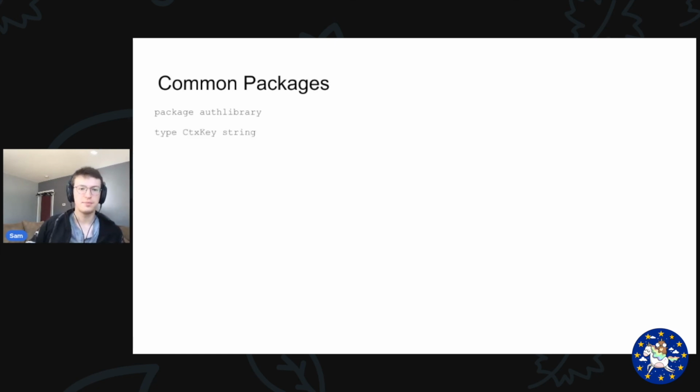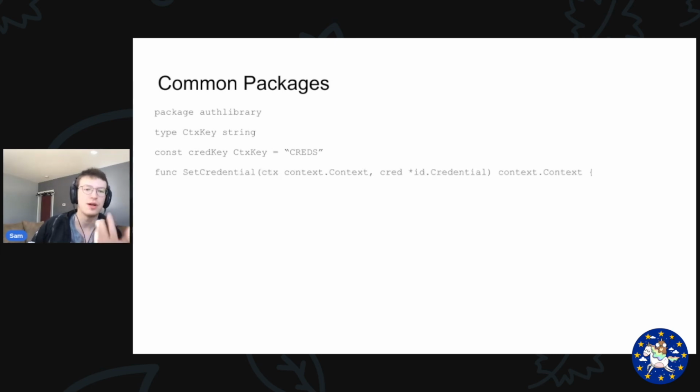We're going to make a type, just a type that aliases string, just to give type uniqueness to our key. And then const cred key. So we're going to use a constant for our key, call it creds, using our new type. And then we'll have a set credential function that calls context.WithValue using our package-private key, and then some encoded credential. Again, this is just a pretend credential